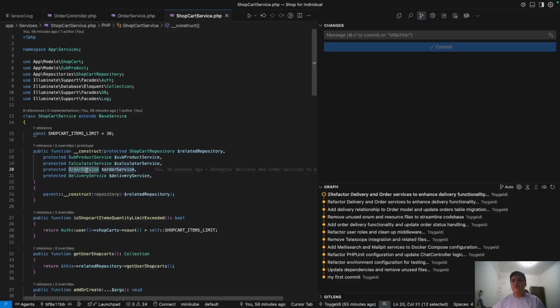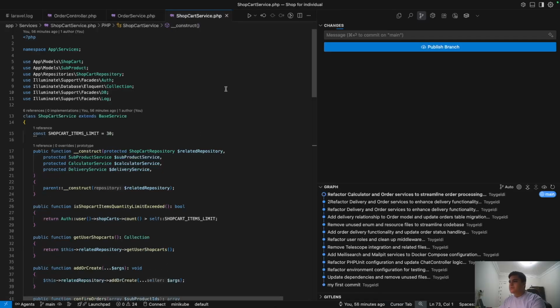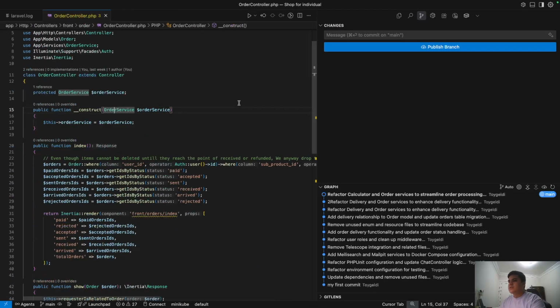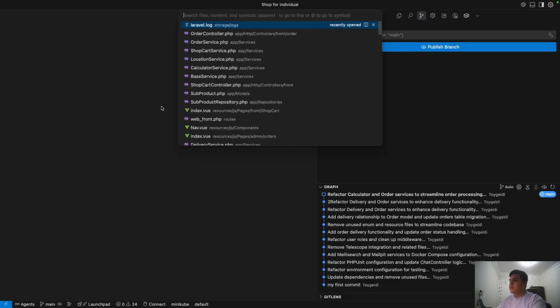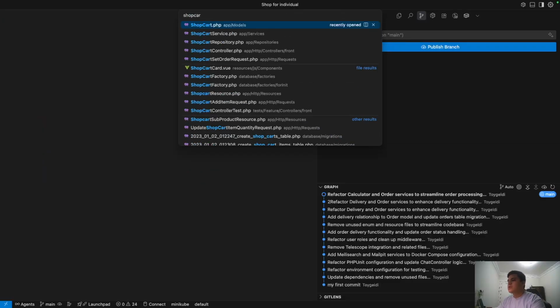Of course, first of all, we do not make classes that are dependent on each other in their constructors. But it doesn't mean we can't use those classes. It just means we can't use them in the constructor. What can we do instead? Let's take a look at the resolution of that problem. For example, if we go to the shopcart service,